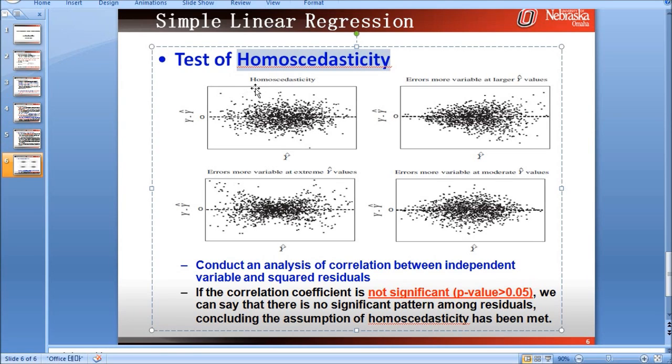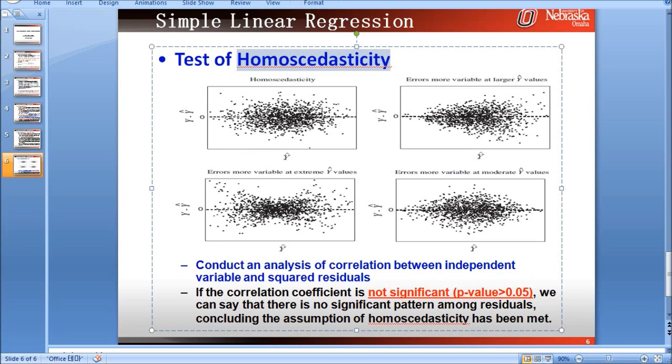Please recall your memory about this assumption of equality of variances between different groups for t-test or f-test. Conceptually, we are doing the same thing.